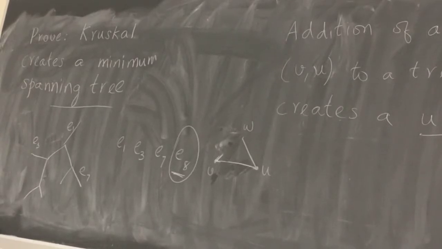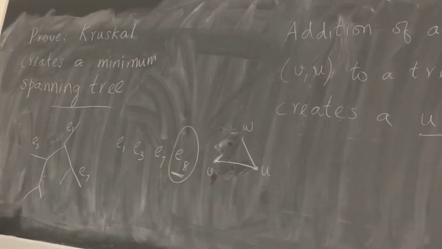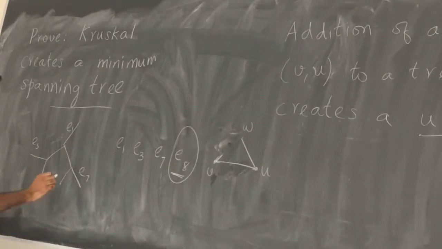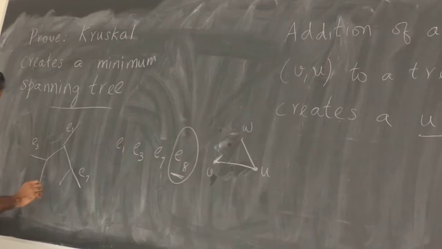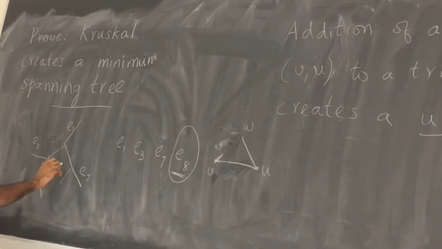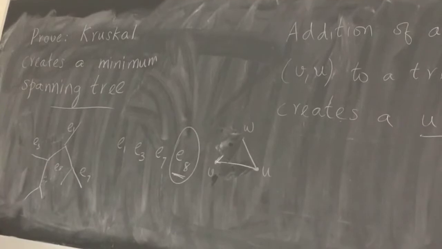Which is supposedly in the minimum spanning tree, right? So then what we will be able to say is, let's say E8 is here. Okay? So then what we will be able to show is that, well, when